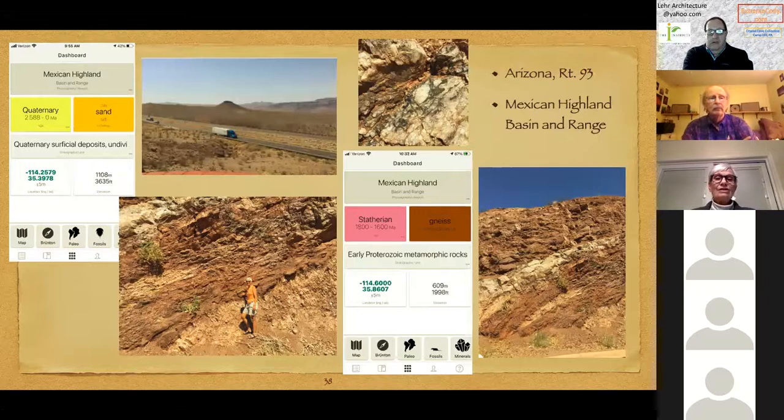Here's another geologic surprise. Again, this was an overlook. Standing at the overlook, you can see the truck. So that's what we were driving over. That's the road you would pull off of to go up to this overlook. So it was flat, and looking to our right, we saw a big outcrop. We were driving on the Mexican highland, and all of a sudden, big outcrop,